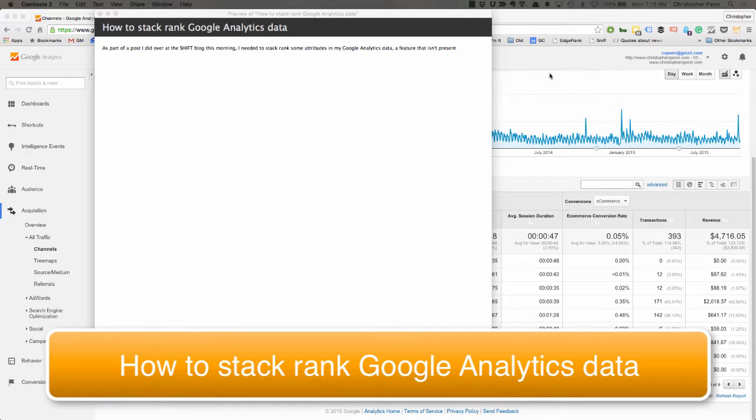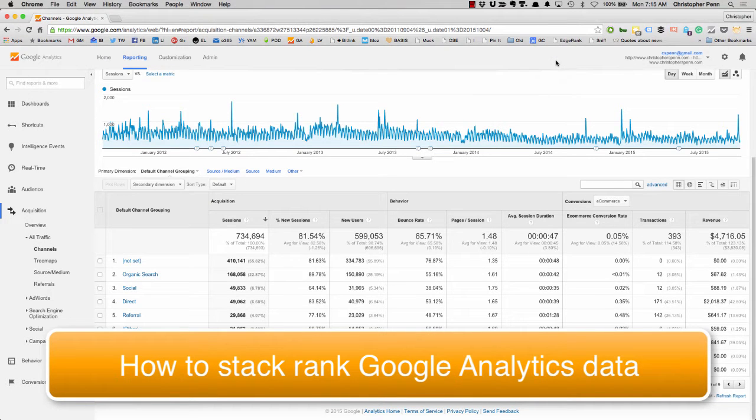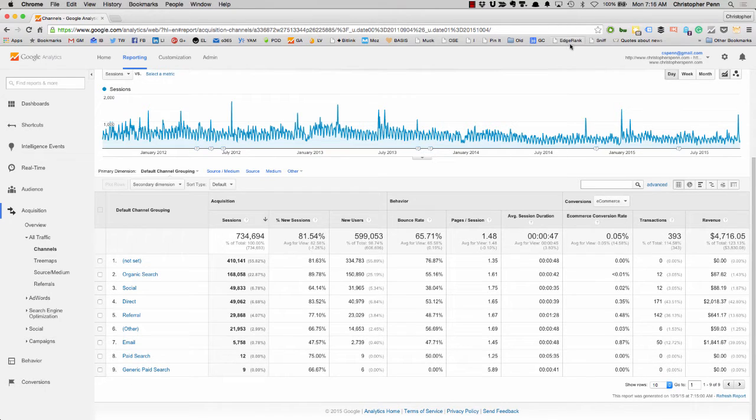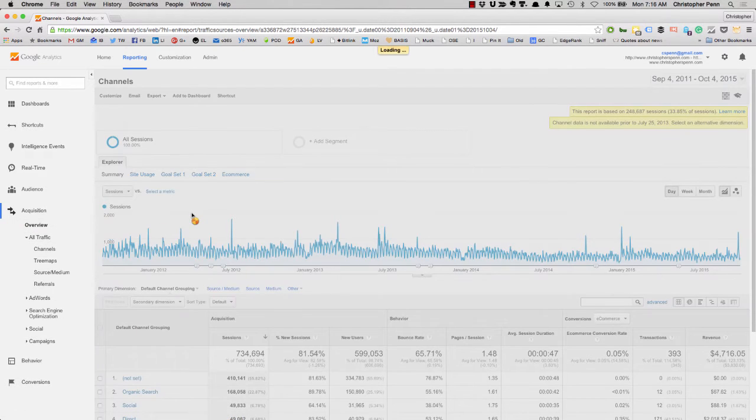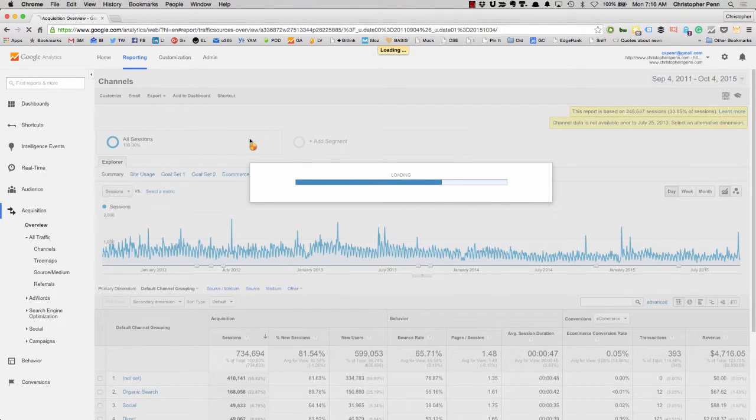As part of a blog post I did recently, I needed to stack rank attributes in Google Analytics data, which is not something that's present in the application itself. Specifically, I wanted to see how the composition of my traffic has changed over the years. So here's how you would do that if you wanted to make this chart for yourself, which is very handy